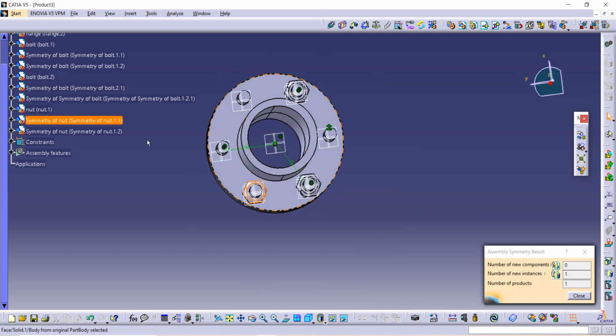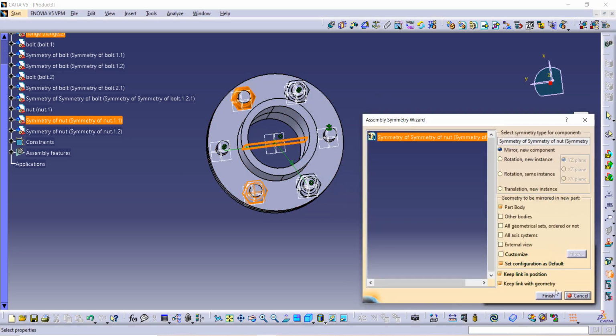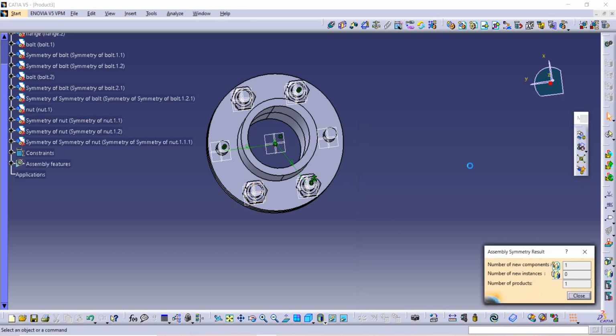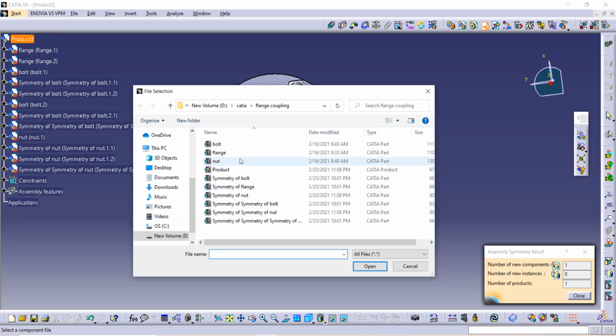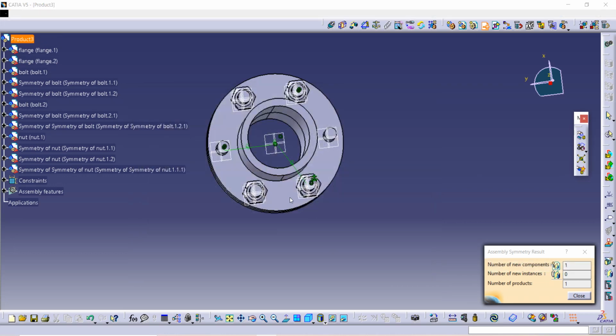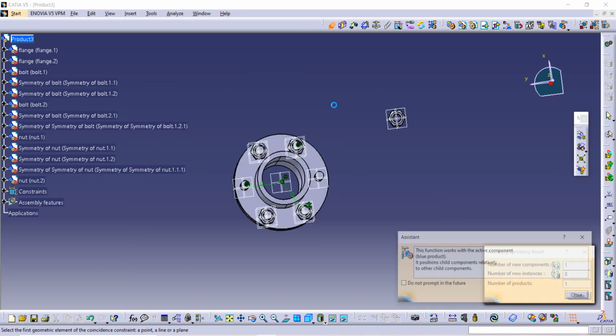We can use this nut to mirror here. Now we need to import one more nut. Same process for this nut.